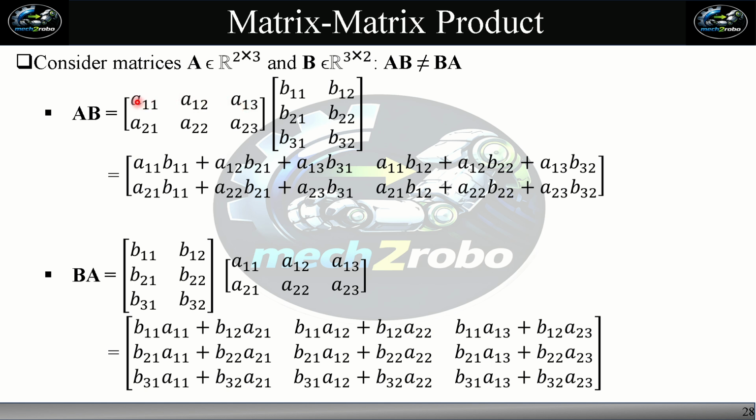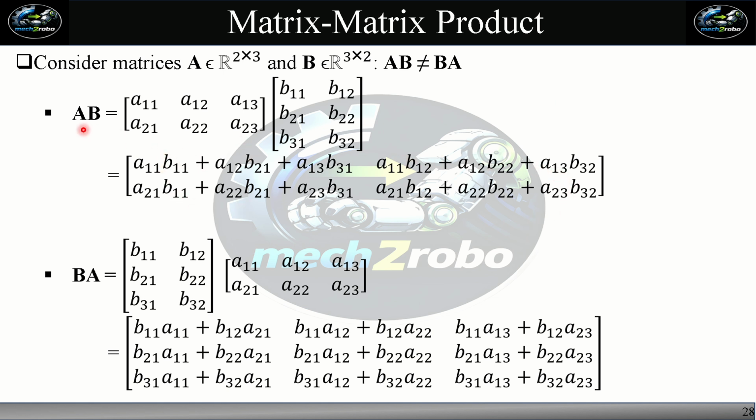This takes place such that we take the first row of matrix A and multiply it with the corresponding elements of the first column of B, and similarly take this row and multiply with the corresponding elements of the second column, and similarly we take the second row of this matrix and multiply the corresponding elements of the first column, and then the second row with the corresponding elements of the second column. Thus we get the final